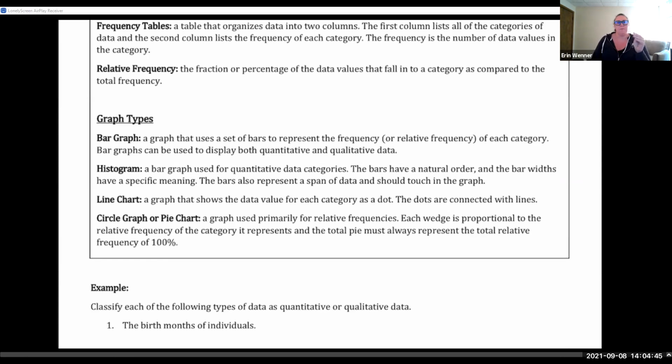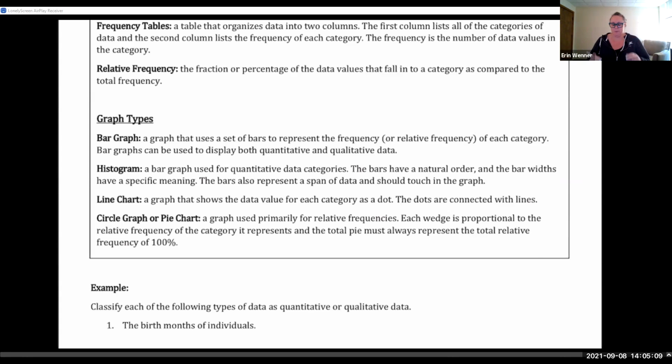So when we think about, let's say we have a whole big group of data, just numbers, right? We're going to break those into groups. So then we would have a bar that represented how many times the numbers 0 through 5 occurred. And then the next one would be the number of times that 6 through 10 occurred and so forth. And so that's a range of data, and we're counting the frequency that it's happening, and then it's grouping the